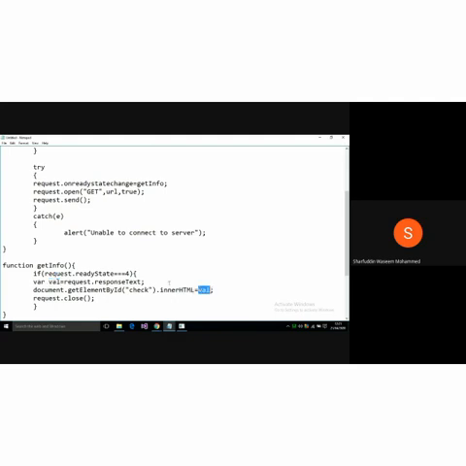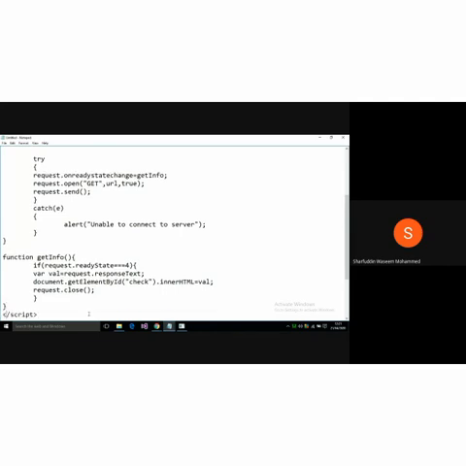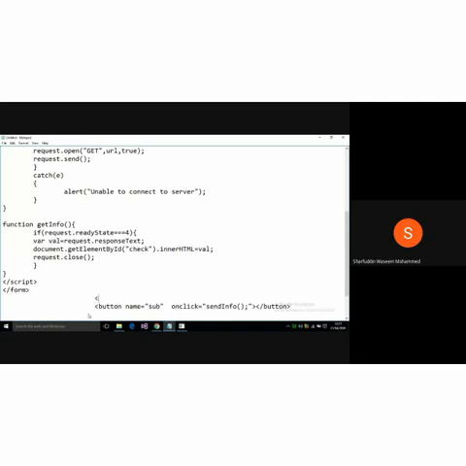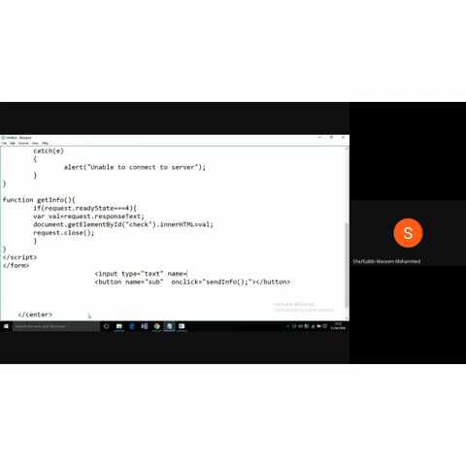In this regard, I will send a product ID, and it should return me the product details. For that reason we create a form. The form should consist of one input whose type is text, and the name is, what is the name? You can understand from here.